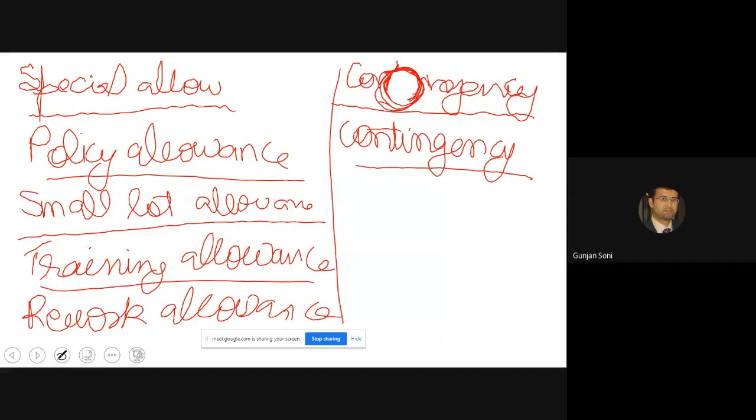Like, something like a slight delay because of the rains which may happen. Okay, so if you are coming late in shift at times, this contingency allowance could be used. So there are some kinds of delays which can't be attributed on a regular basis, so these are contingency allowances.